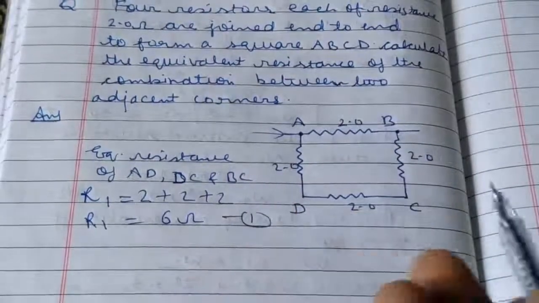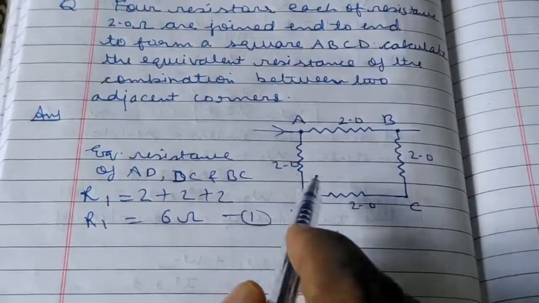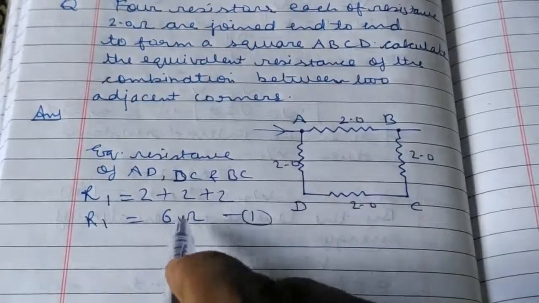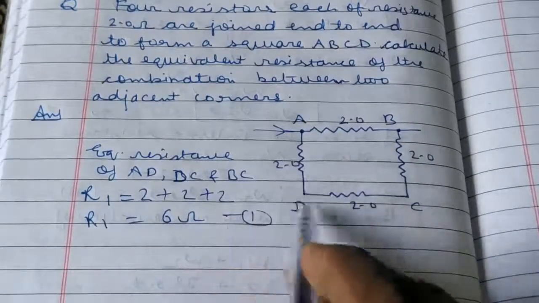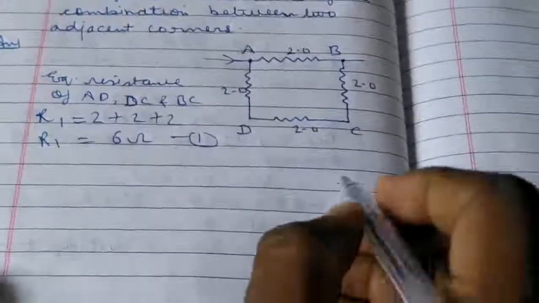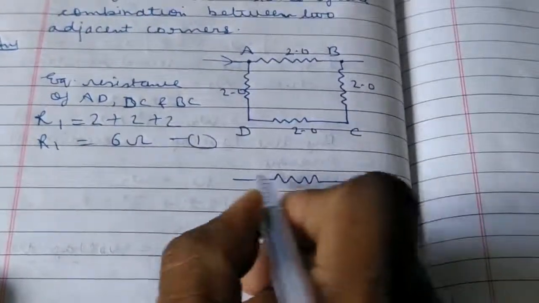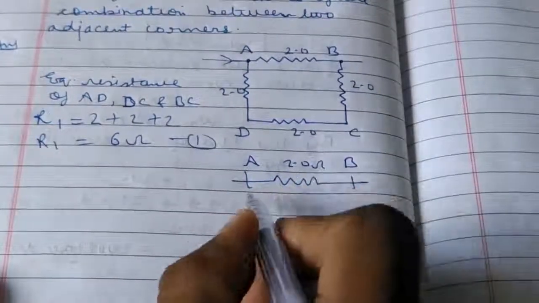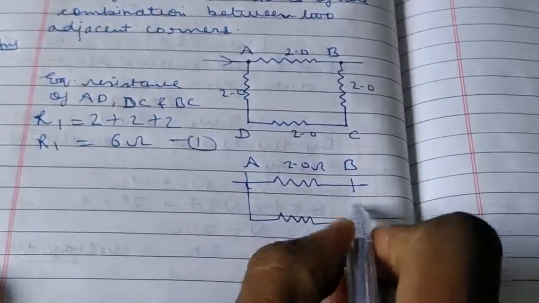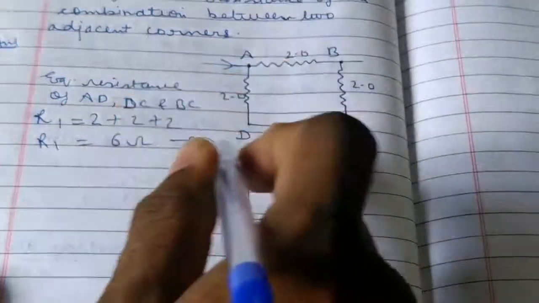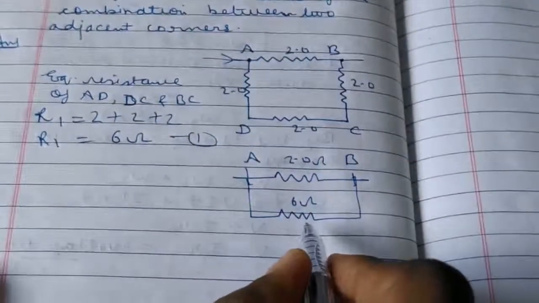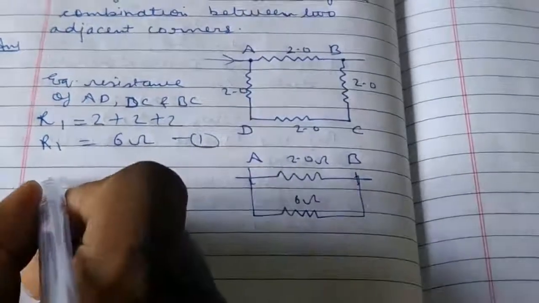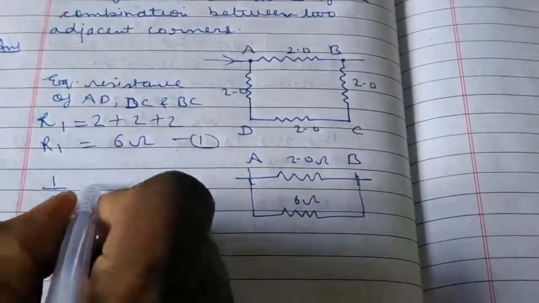Now here again, what do you mean by equivalent resistance? I am explaining you, that this 6 ohm you will place in place of these 3 2 ohm, means now the diagram will be like this. AB, here is 2 ohm and 6 ohm is along here. Okay, in place of these 3 2 ohm you will put 6 ohm here. Now you can see these two are in parallel combination. So what is the equivalent resistance of parallel combination?